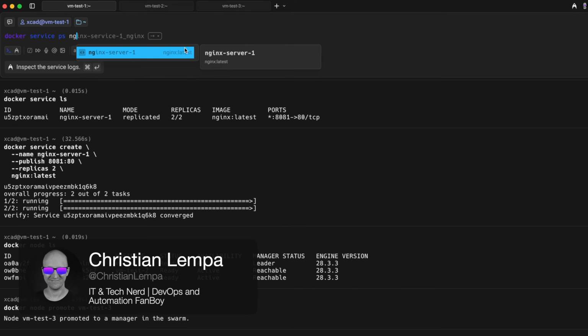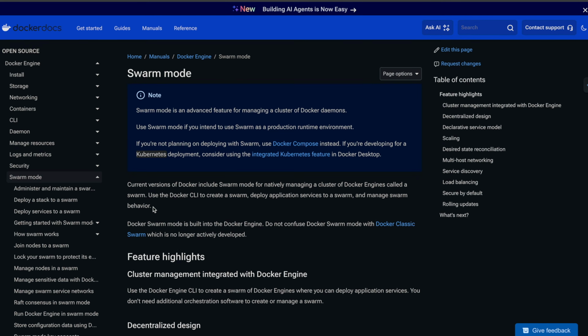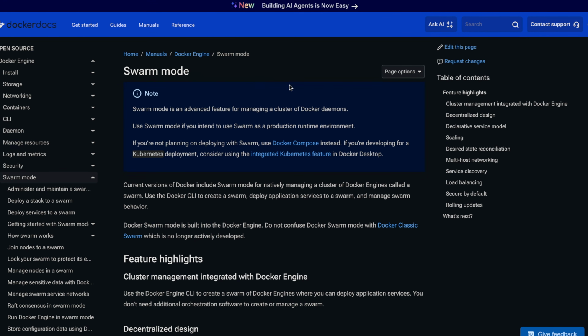Hey guys, this is Christian, and in today's video I'm gonna show you how I upgraded my Docker containers to the next level using Docker Swarm, or more precisely, the Docker Swarm mode. Because some people say that if you want to have container orchestration, you should not really care about Docker Swarm because it's dead. And that was also part of the reason why I never really used it in my home